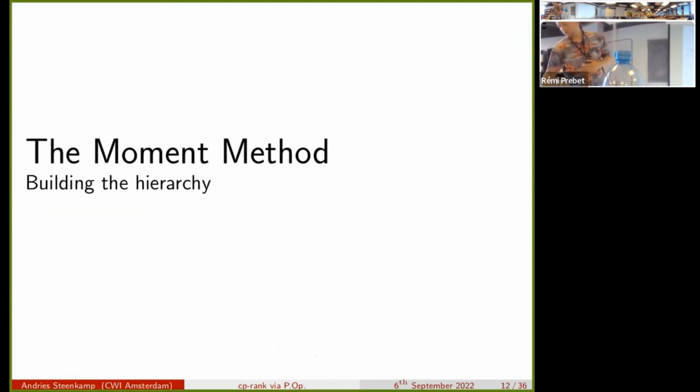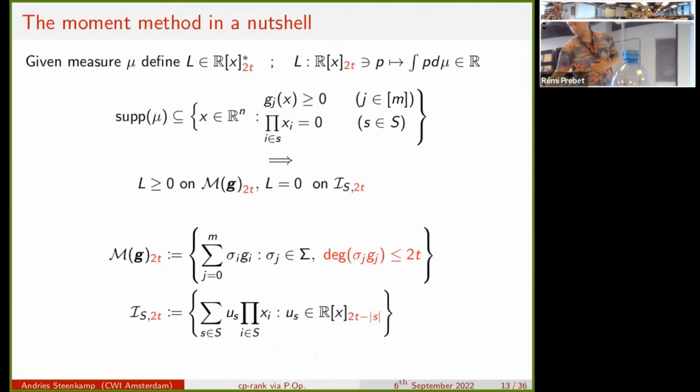All right. So how are we going to build a hierarchy? We've now built a GMP. The usual approach is we take a measure. I suppose many people in the audience are familiar with this, so if I don't hear enough grunts, I'll go slow through it, and if I hear a lot of grunts, I'll just go quicker. Given a measure mu, you now go to a linear functional L on polynomials, defined simply by the integral of the polynomial with respect to the measure. That handles some of the constraints and the objective.